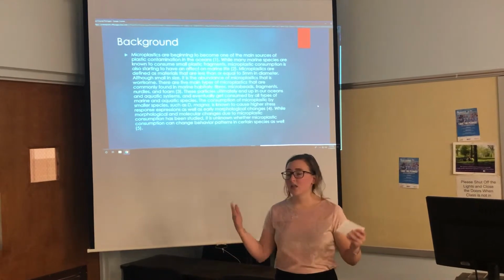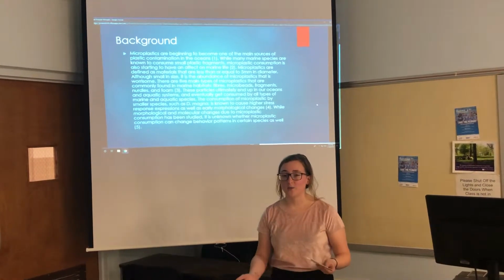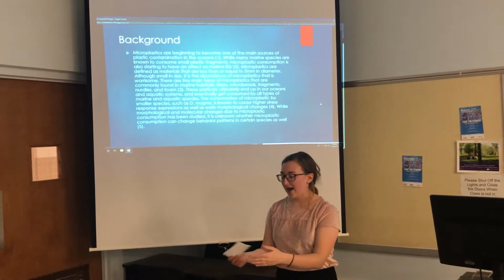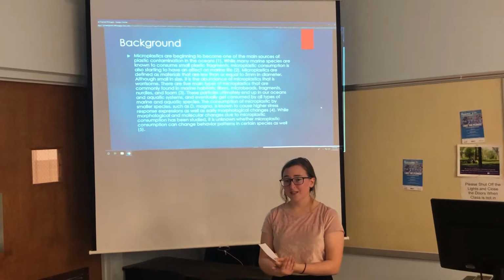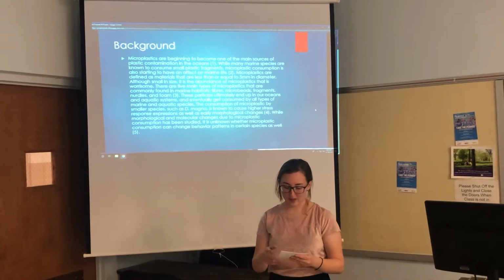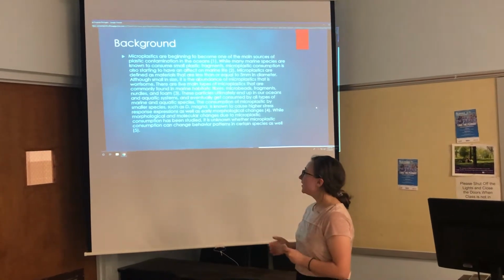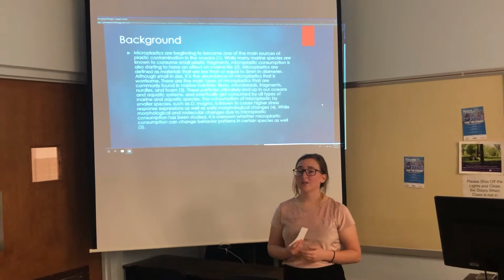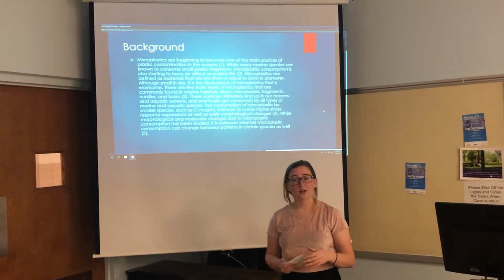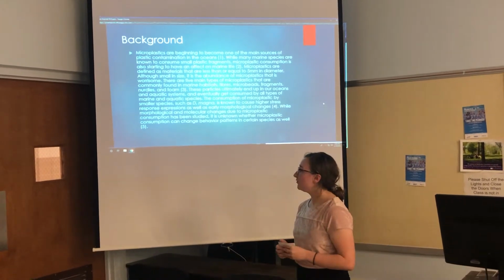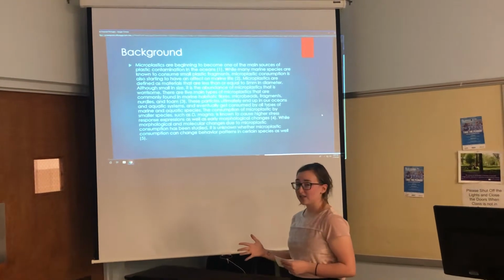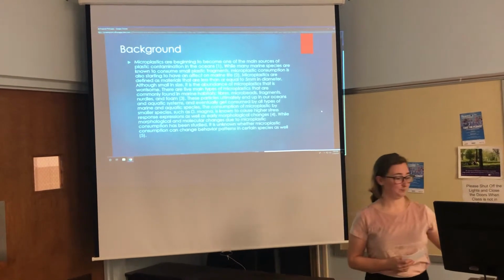All of these end up in our aquatic systems, in our marine environments, and they end up accessible to species that are living in these environments, and the species end up unknowingly ingesting them. This has been known to cause higher stress responses and early morphological changes in species such as the water flea. However, it is unknown whether or not this consumption of microplastics can cause behavior changes in species.